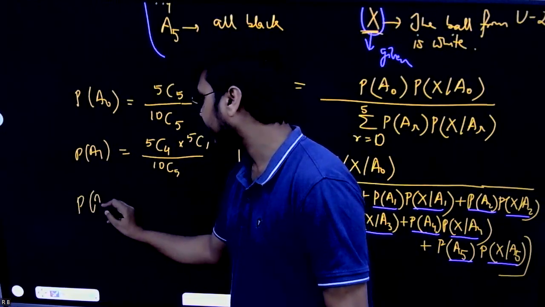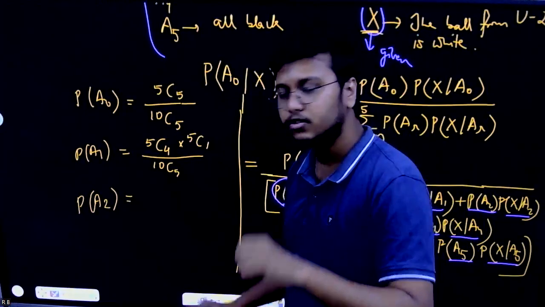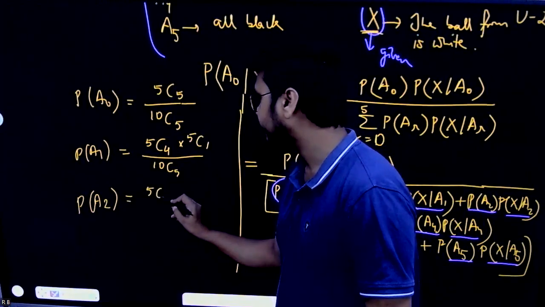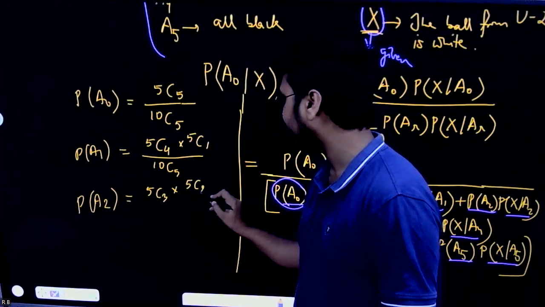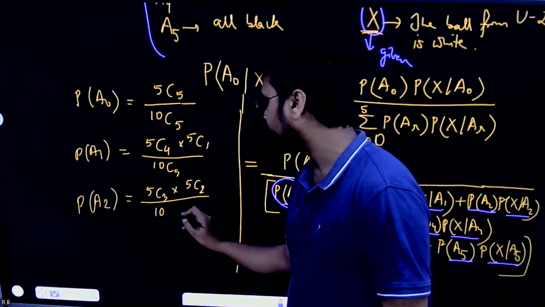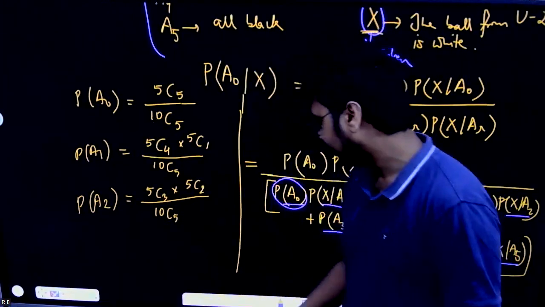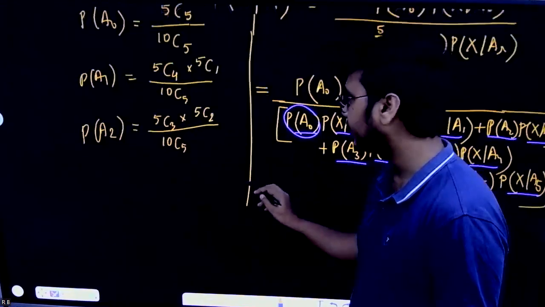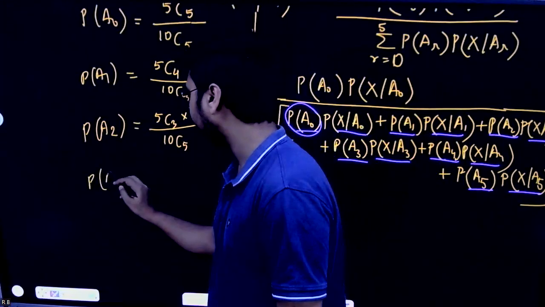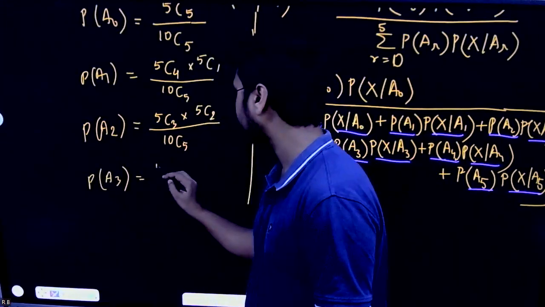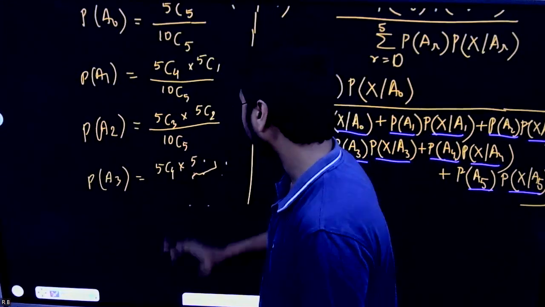Similarly, probability of A2, that would be out of the 5 white, now I'm choosing 3 white balls, right? So 5C3, and out of the 5 black balls, I'm selecting 2 black, so 5C2, and total possibilities remain the same, 10C5. So similarly, this will go on. You can understand how this is working. So this is going to be P of A3 if I want to find out. So that would be 5C4 into, sorry, this is going to be